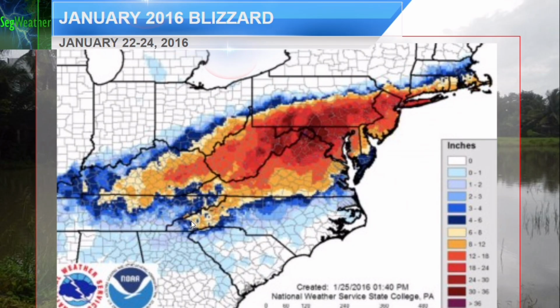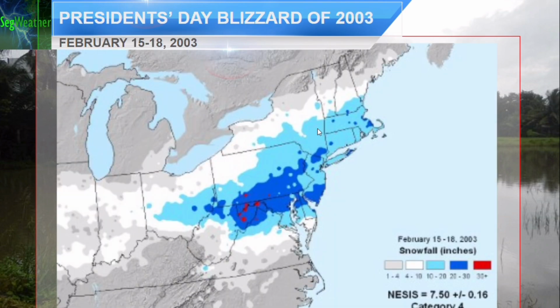Now, looking at the map for the 2016 storm, you can see it was quite impactful from as far west as Kentucky up towards the northeast, with up to about 36 inches of snowfall, especially around here in parts of, looks like, West Virginia into Maryland. Quite an impactful snowstorm for them. Then we have the President's Day snowstorm, also pretty impactful, almost the same areas except pushed to the north. Up to 30 inches of snowfall or greater occurred around here